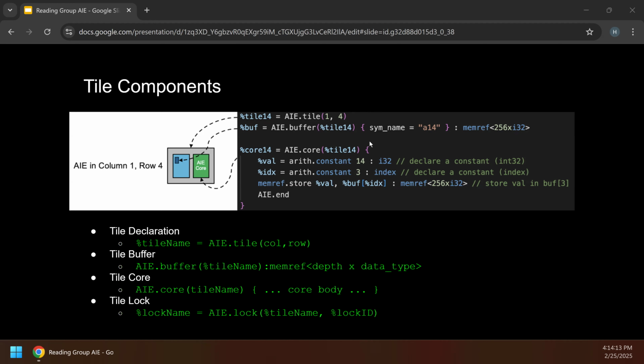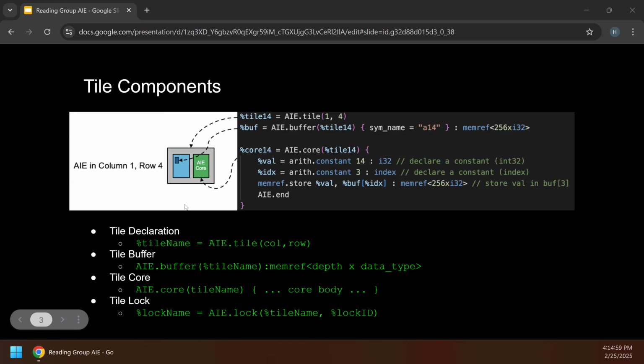The two major components of AI engine tiles are the VLIW processors, highlighted in the green box, which can be declared as AIE.core with the tile name given by the tile declaration, and the local memory buffer, highlighted in blue, which can be declared as AIE.buffer with the data type it stores in the